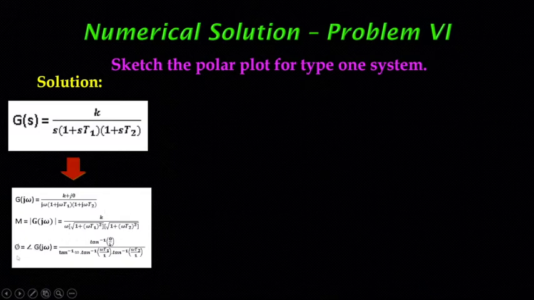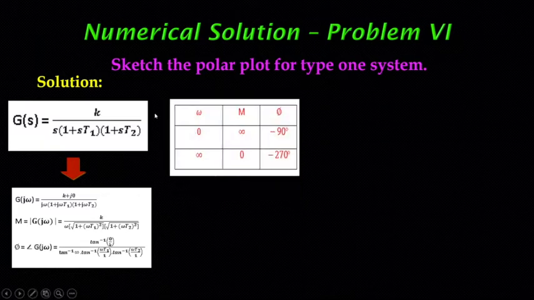And similarly taking angle. Angle equal to tan inverse 0 by K, that means this value is 0. And tan inverse omega by 0, that means tan inverse infinity, 90 degree. And for this part, angle is tan inverse omega T1 by 1 plus tan inverse omega T2 by 1. Then taking this table,